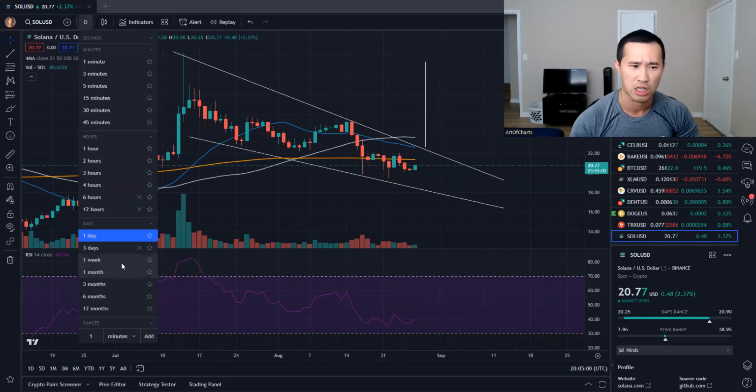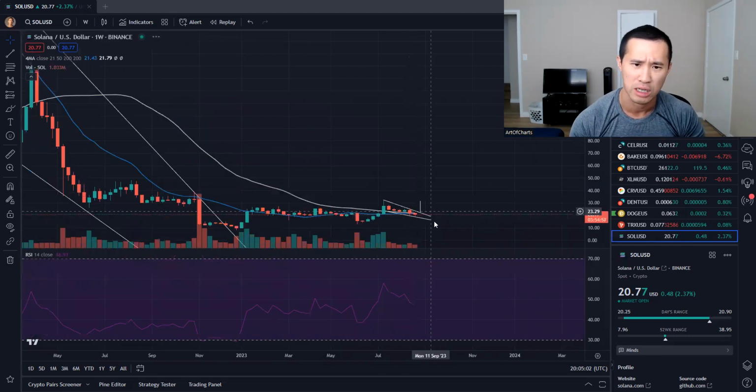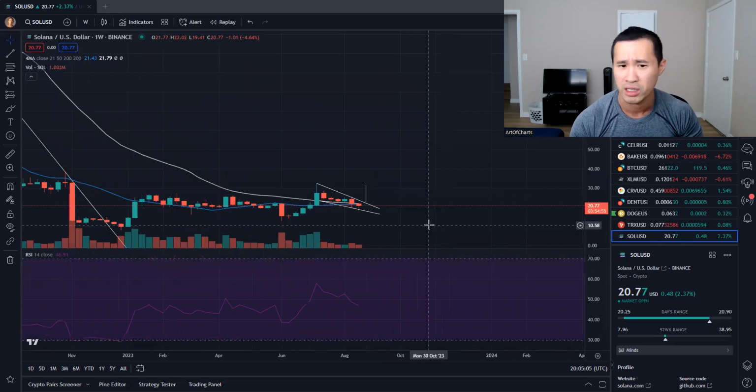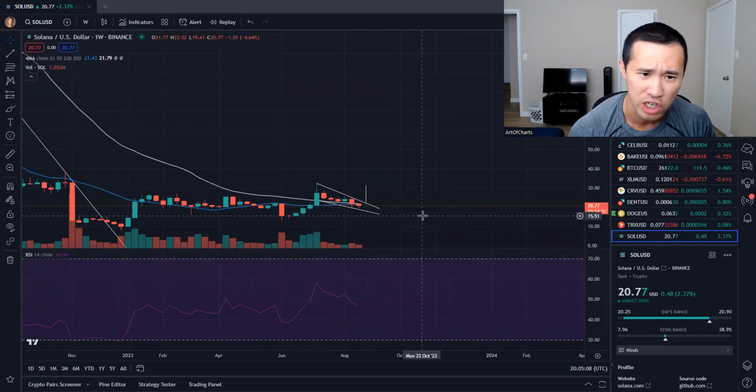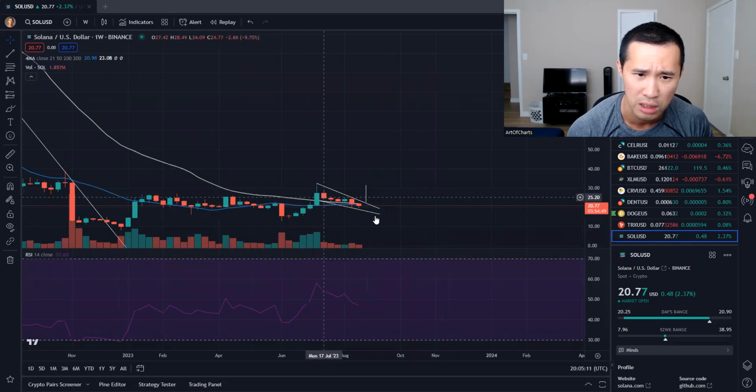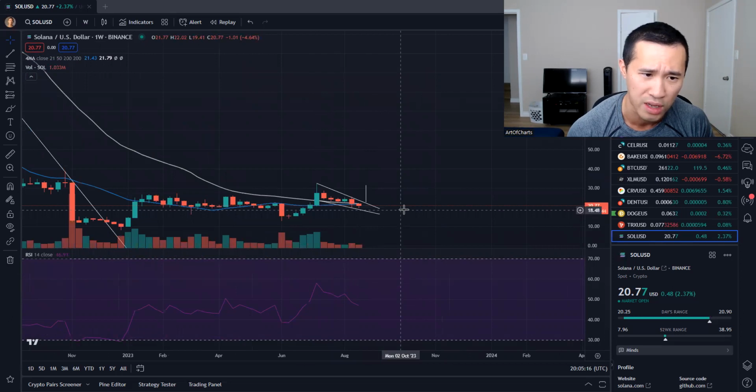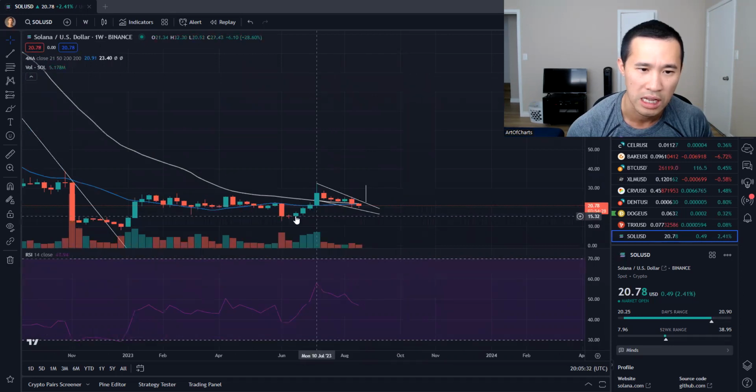I usually like taking a look into the higher time frames for the downside because I see more consolidated candles. If the price action actually breaks down from this falling wedge pattern, this bottom trend line here, I'm gonna refer to previous wicks for support. So we have one at about $18.50. At about $16. In this area right here would be about $13 to $14.